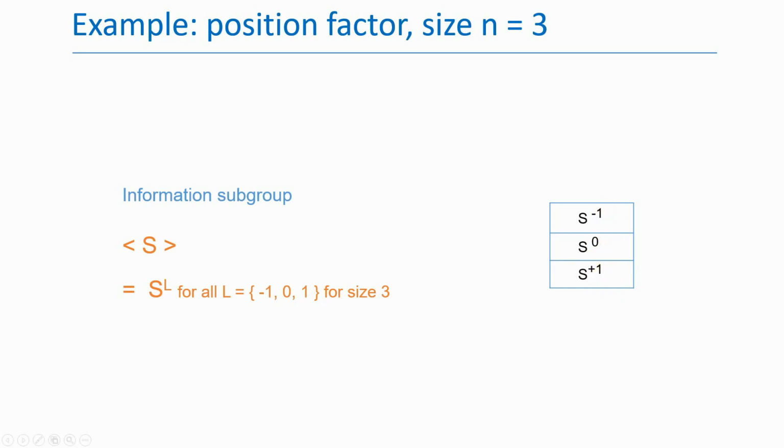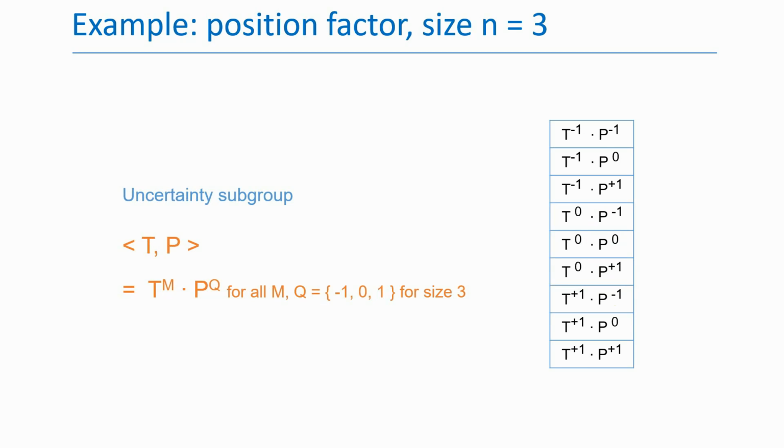The uncertainty subgroup has two generators, tilt and phase. Each of them can be applied individually up to n times, and we count their applications independently. This table lists every possible combination of tilt and phase. What's very interesting is that in terms of complex numbers, there are only 3 different states, but the size of this uncertainty group is n squared, or 9 possible net transformations. This suggests a tension between symmetry optics and quantum mechanics, which is not currently understood. Indeed, this tension seems likely to deepen before it gets resolved.